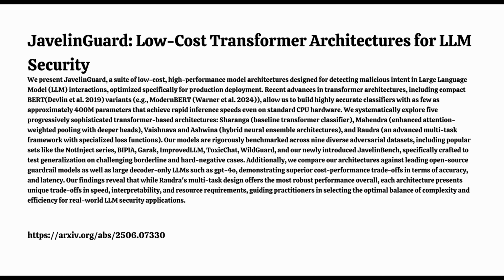And Mahendra also changes how it handles the errors during training, the loss function. It does. It uses something called focal loss with a fixed gamma parameter. Now, this is a loss function designed specifically to address the problem of class imbalance. Which you mentioned is common in security datasets, right? Lots of benign examples, fewer attacks. Very common. Focal loss puts more training emphasis on the hard-to-classify examples, the tricky ones. This helps the model learn those subtle differences needed to spot clever attacks without getting overwhelmed by all the simple,